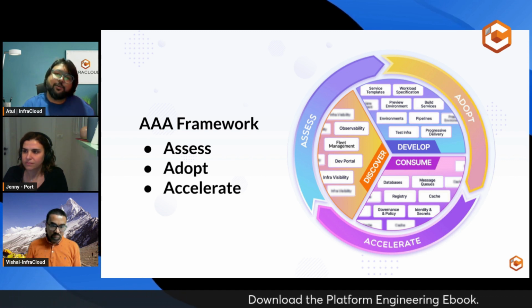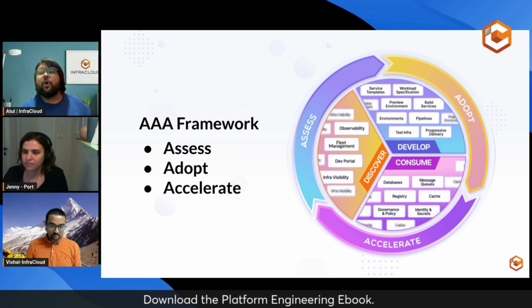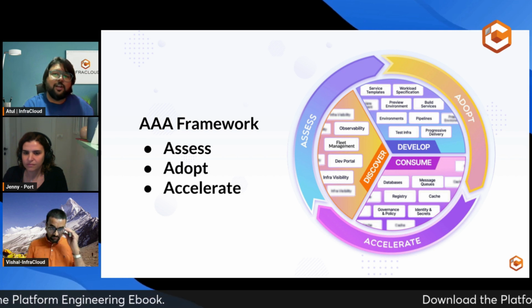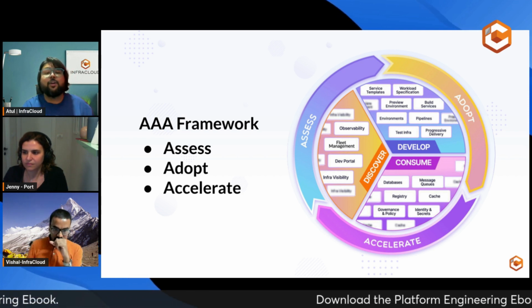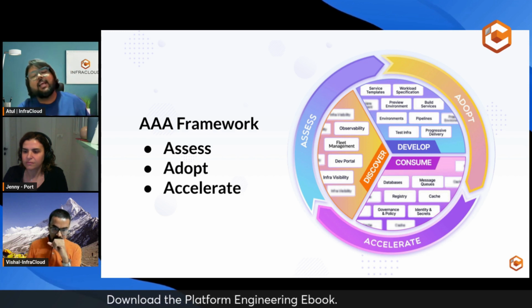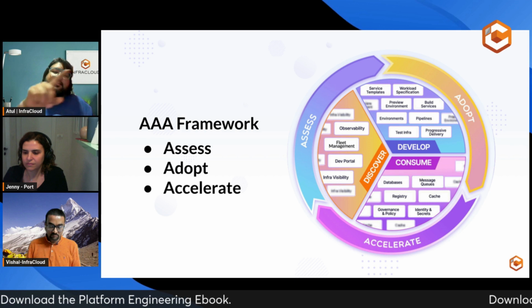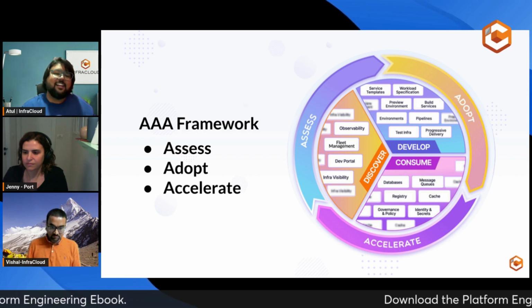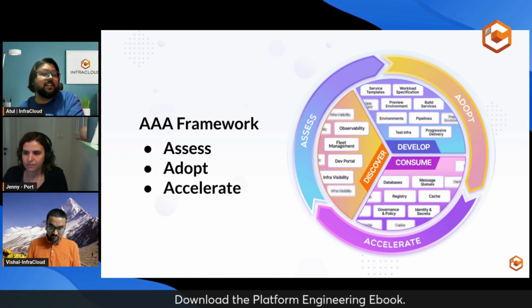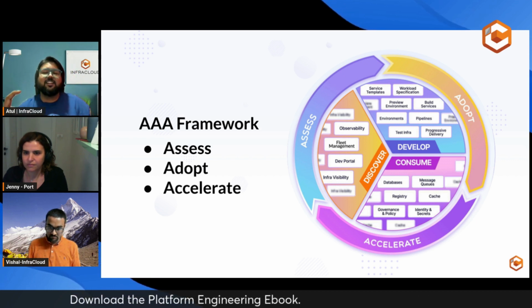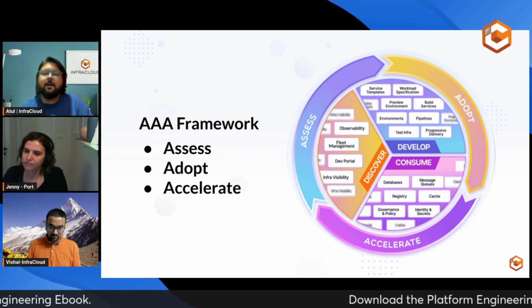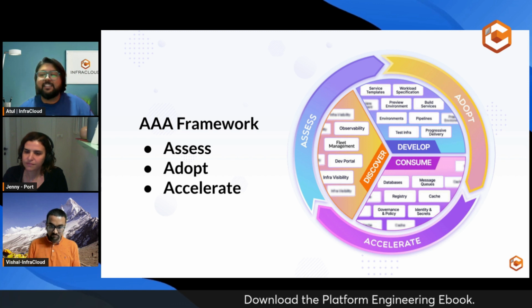So you adopt the set of services and technologies that your team uses. You take that and then you accelerate your developers' productivity, onboarding of them, onboarding of the tools, and then eventually you discover the services that you need to maintain the applications. And this entire cycle of adopt, accelerate, and assess continues over and over again as your platform matures over time. So this is just the crux of what is there in that ebook. So you can get your hands on that ebook and get access to whatever is present there.